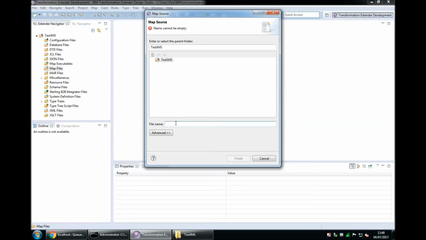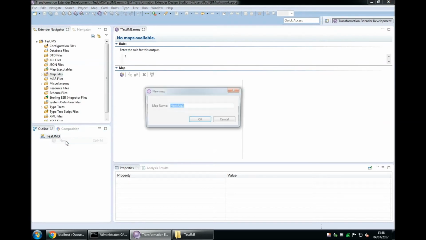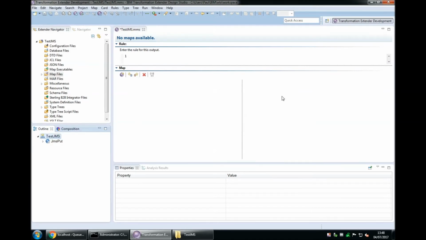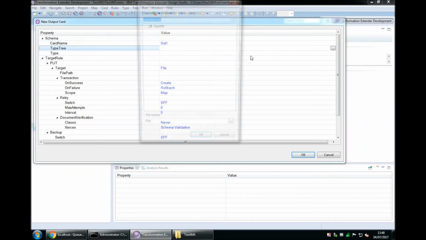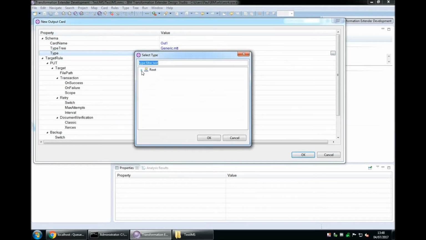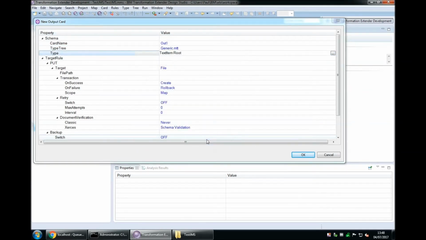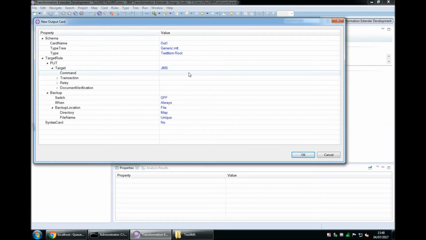Next up, we need a map source file. I'm going to call my map source file test JMS, the same as the project. Within that map source file, I'm going to create a new map called JMS put. Okay, this map needs an output card. I shall call this output card out1. I shall utilize the type tree I created earlier, specifying the infinite size text blob. I shall change the adapter from file to JMS,